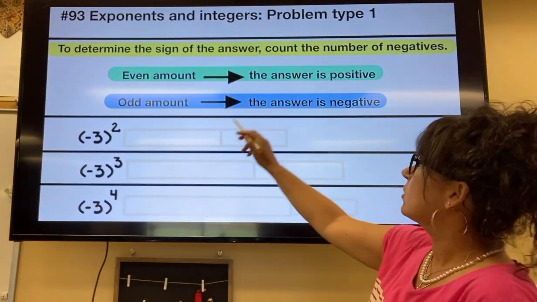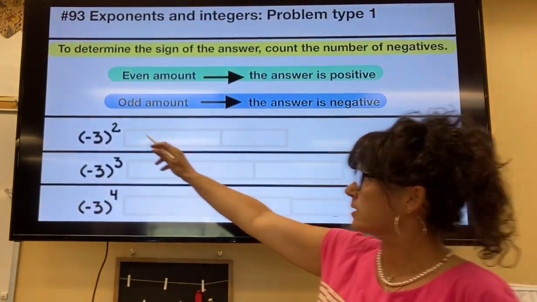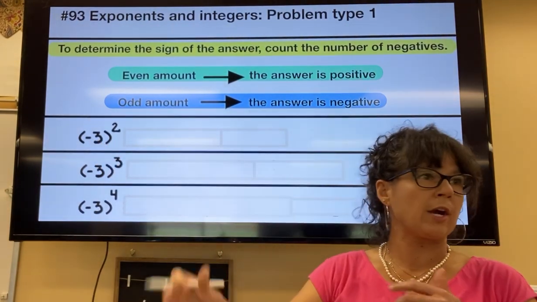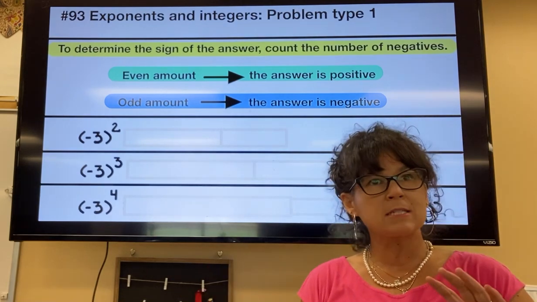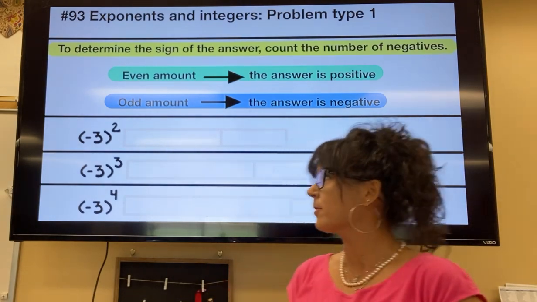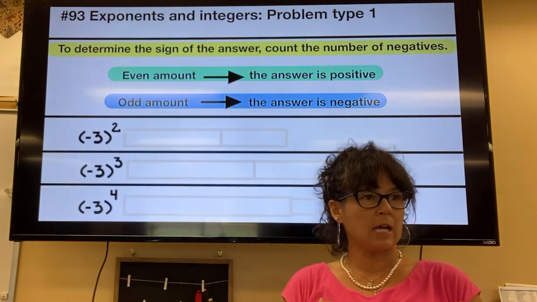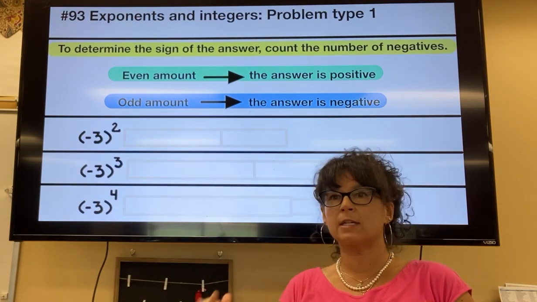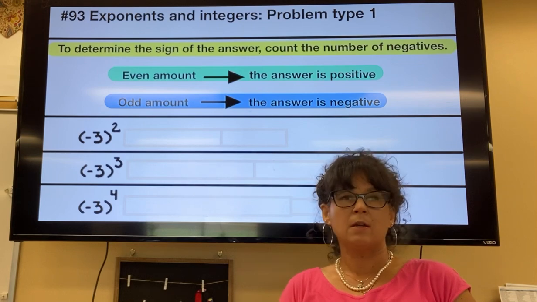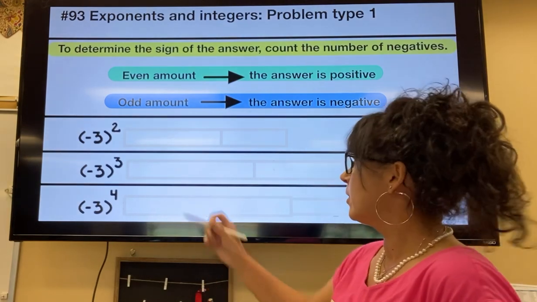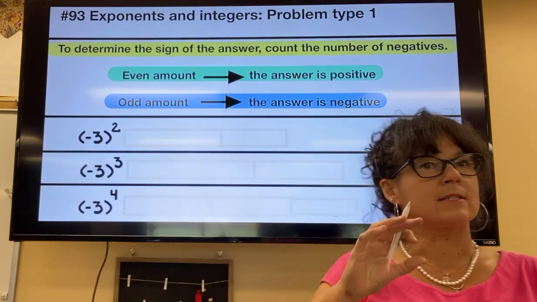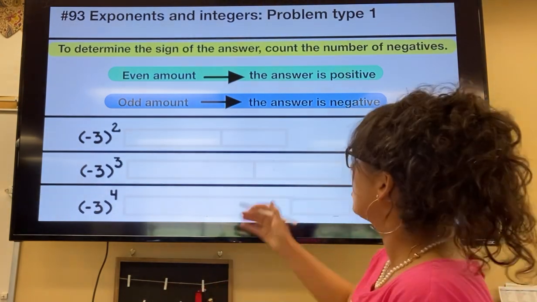We've got a couple things going on here. We've got our exponents, but then the number inside that we're squaring or cubing might be a positive number or a negative number. No matter how many times you multiply a positive number times itself, the answer is going to stay positive. But if the number inside of here is negative, the sign of the answer depends on